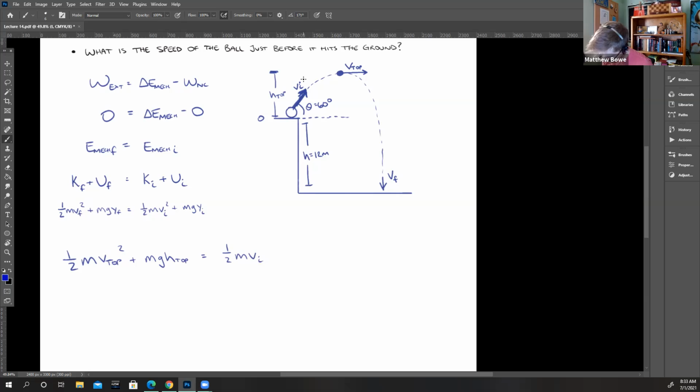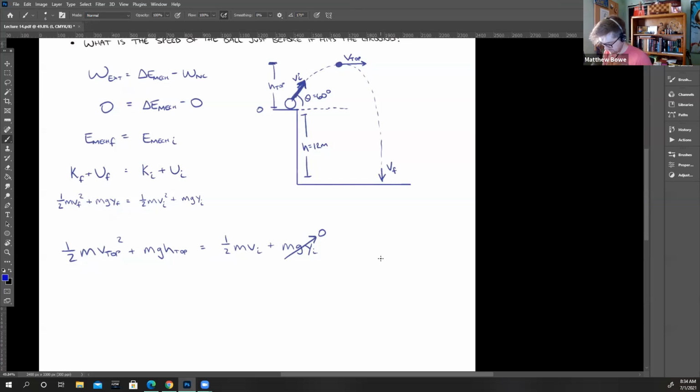Vi, that was already labeled Vi, and g, and I'm going to call this just y sub i still. What is the initial height? Well, we're calling this 0. So that means this whole term goes to 0. Now I can solve just for the height of this arc. Let me rearrange. I'm going to subtract over, divide out the mass, and divide this g over to the other side. And what I get is h top equal to